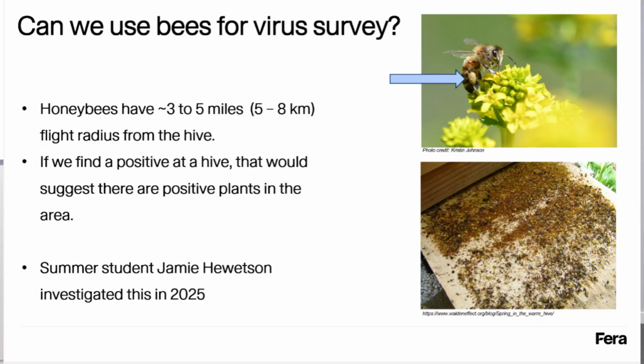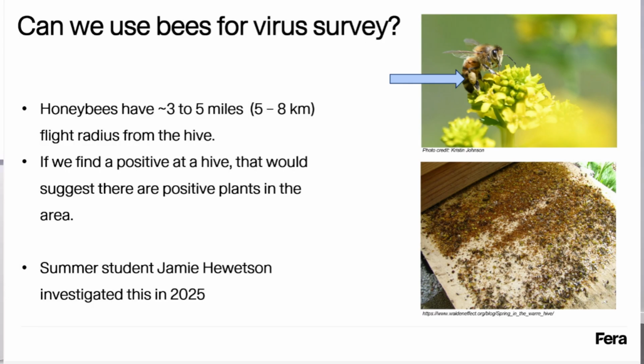They'll collect pollen in their pollen baskets. And if they're out and about collecting pollen, if we test the hive sample, and again we're reducing the number of samples we have to test, if we find a positive there, that suggests in the wider environment, in a radius around their hive, there could be a positive, which could help focus our